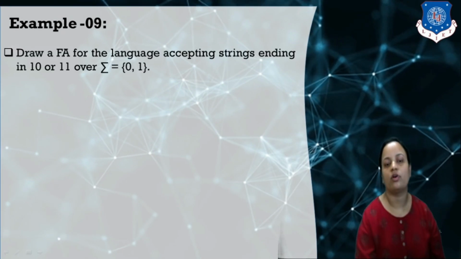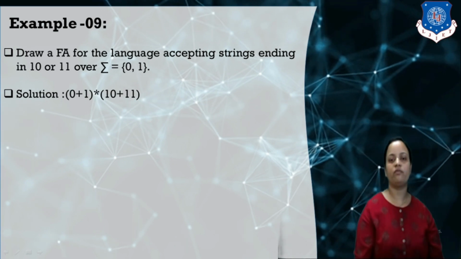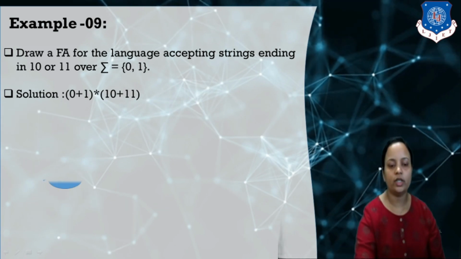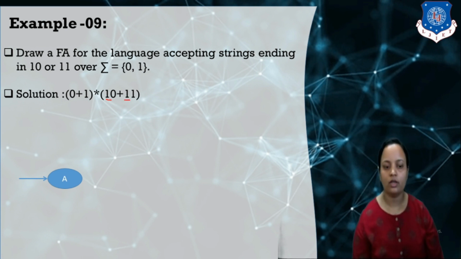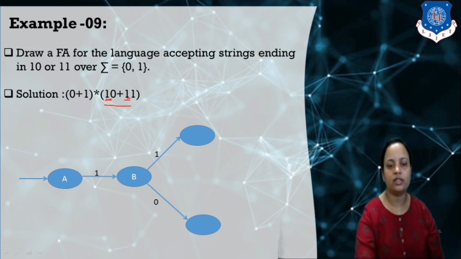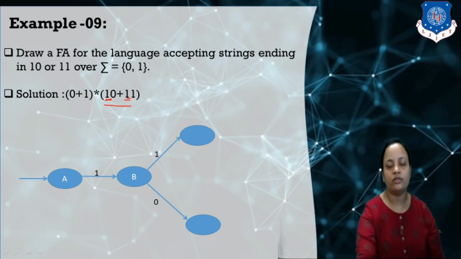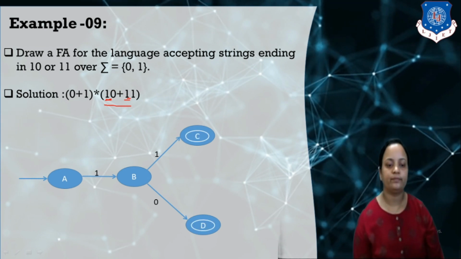In the same way we have to draw this DFA, but here the ending is 1011. So the same way we can draw the DFA. If you see this example, from A the first symbol is the same, 1. So we have to draw the move from A on 1 to state B. Now there are two possibilities: on getting 0 it moves to an accepting state, or on 1 it moves to an accepting state.